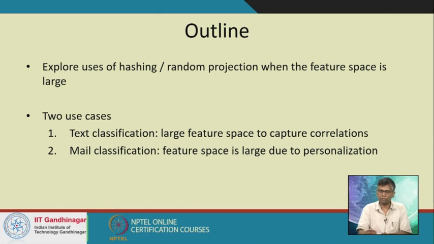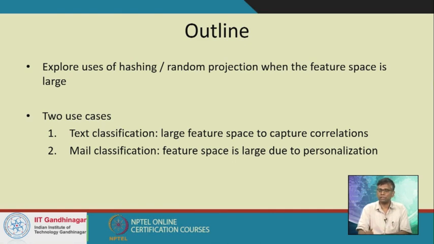Therefore, what we'll do is that first we'll pose the problem as having a large feature space, and then we will use random projection to cut down the feature space while preserving some of the benefits that we had brought in because we introduced a large feature space, right? So in this way, we'll do both. A similar